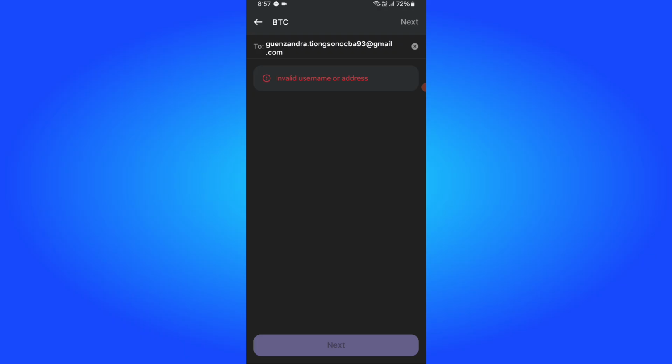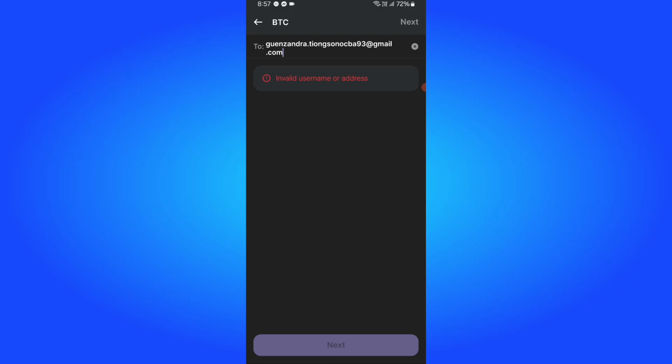Then you will need to copy and paste the wallet address or exchange deposit address where you want to send your funds, and make sure you double check that the address is correct to avoid losing your crypto. Then enter the amount of crypto you want to send and ensure you have enough SOL or Bitcoin to cover transaction fees if sending a